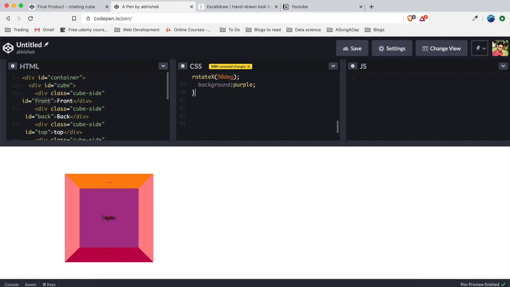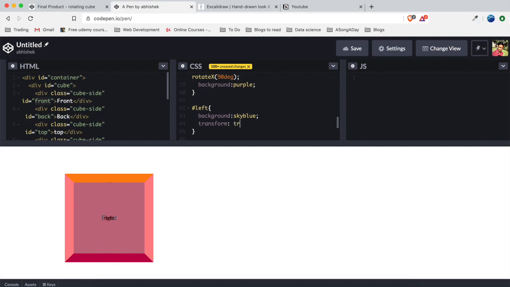Now let's write for the left face of the cube, and it would go something like this. Let's put the background as sky blue here. What we have to do is move it from here to here, right, and then rotate it. So for that, transform: we are moving it along the x-axis, from here to this side.